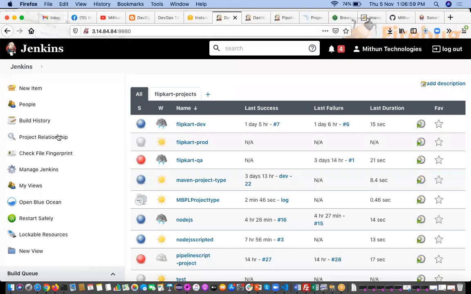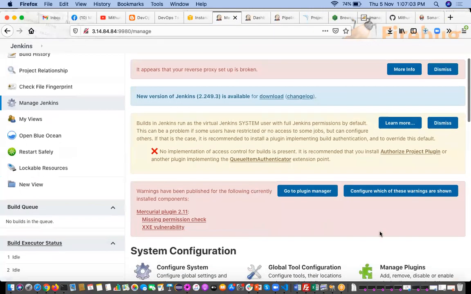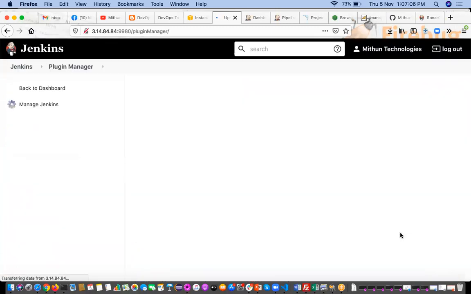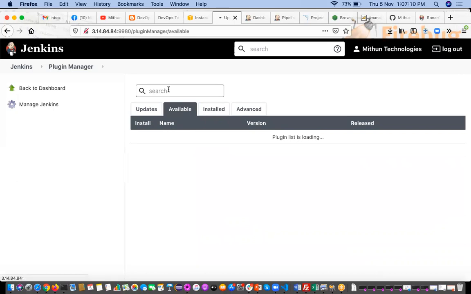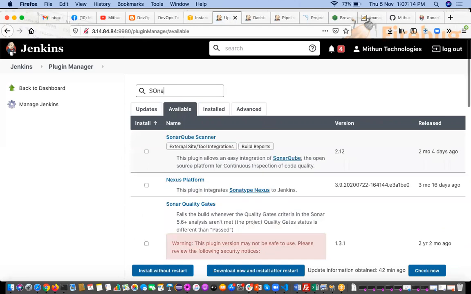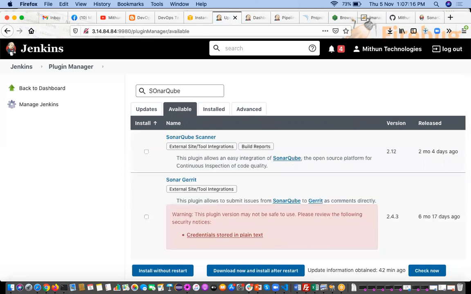Go to the Jenkins dashboard. See here, Manage Jenkins, then click on Manage Plugins. Go to the Available section and search for SonarQube Scanner.